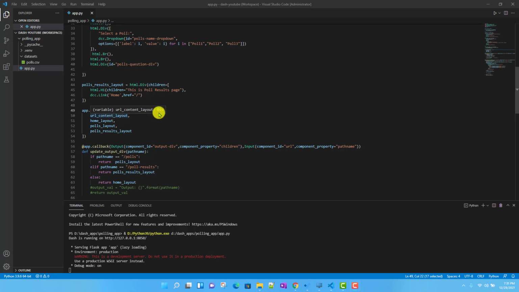One way is that for each and every page you are developing, you maintain all the corresponding callbacks and the layout of the page in a separate file. Another approach is to keep all the layouts in a separate Python file and all the callbacks in another Python file. I will discuss both approaches. Whatever suits you, you can follow, but I prefer the page-wise approach where I maintain my page layout and callbacks in a single Python file. That one we will see today, and in the next video we will see the other approach as well.